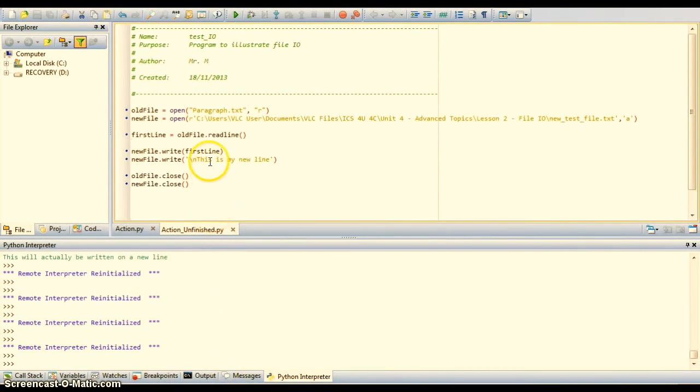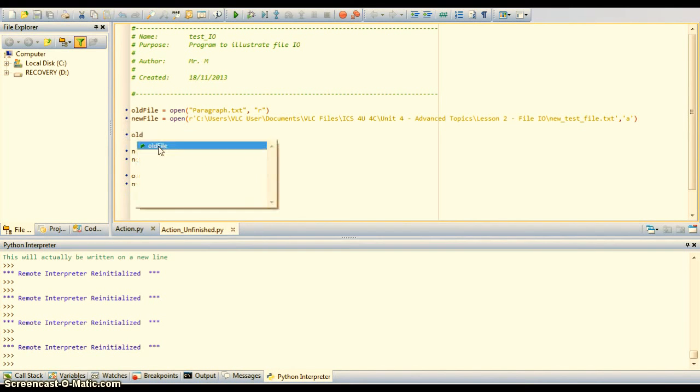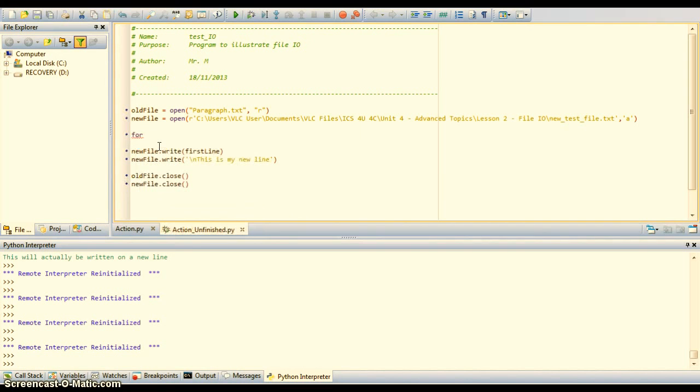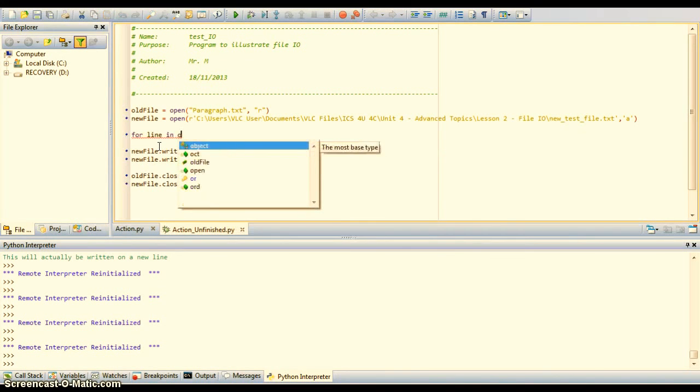So as opposed to needing this read line command, if I wanted, what I could do here is after I've opened up my file, I could take a for loop, and I've called my original file